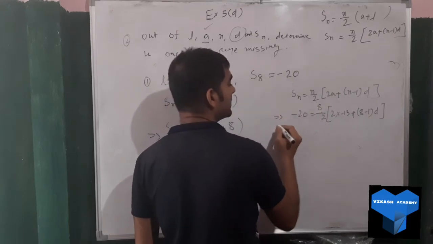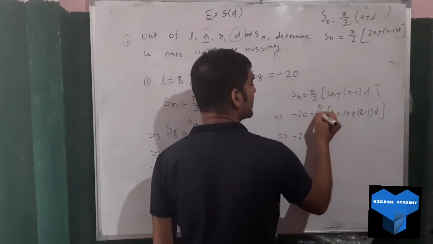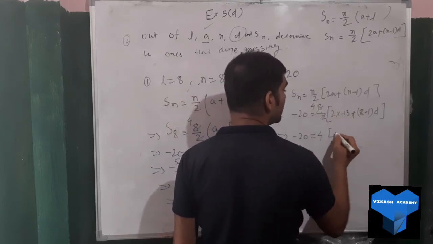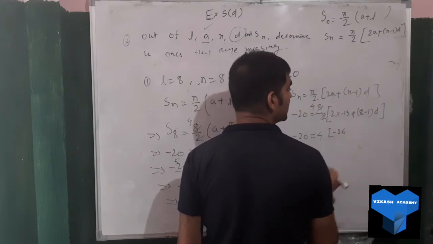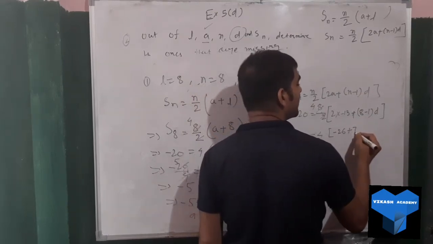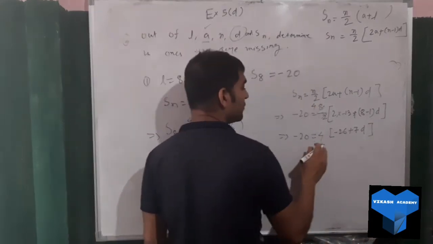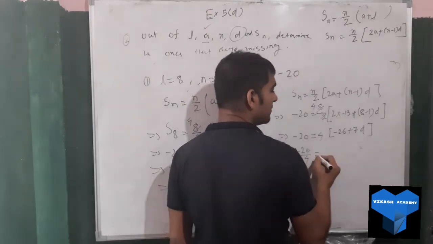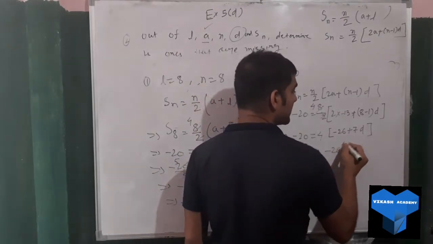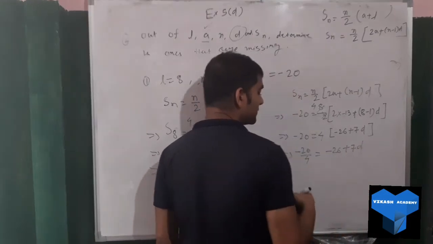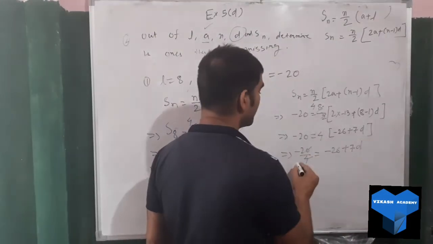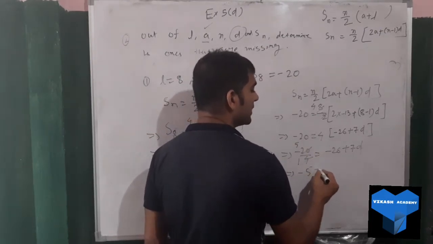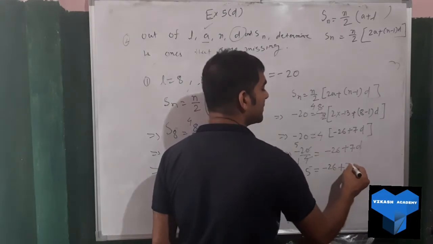Now see how much we are getting. Minus 20 cancel here, so you'll get what? 2 4s are 8, we got here 4. 13 into 2, it will be what? 26, but minus sign, we'll write minus 26. 8 minus 1, we will have 7, then D. Next 4 is multiplying here, if we bring it to the other side, it will divide. So minus 20 divided by 4, it will be what? Minus 5 equal to minus 26 plus 7D.